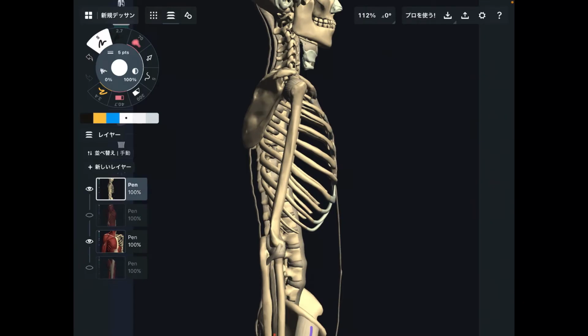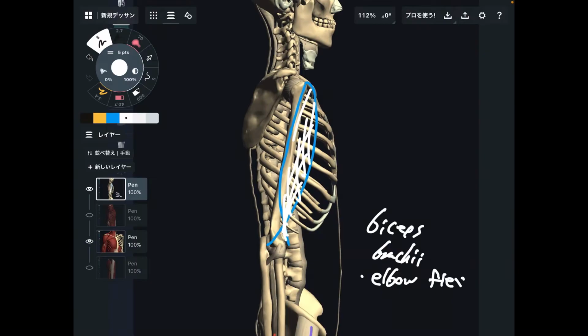Now, I want to focus on kind of minor muscles, but these muscles are so important. I want to focus on two arm muscles today. The first one is on the front part of the arm. This is biceps brachii. Why is this so important for shoulder position? Let me explain that. What is the main function of biceps brachii? That is elbow flexion. Plus, this muscle can do shoulder flexion.